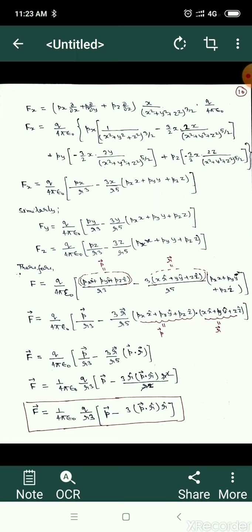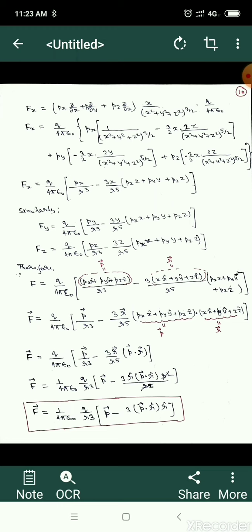and this pxx plus pyy plus pzz can be written as px x unit vector, py y unit vector, pz z unit vector dotted with x unit vector, y unit vector, z unit vector. So this becomes equal to p vector dot r vector. So we can write F is equal to 1 upon 4πε0 q [p vector upon r cube minus 3 r vector upon r to power 5 times (p vector dot r vector)]. This p vector and r vector we can write in terms of the r unit vector. So the r vector and r unit vector will give r square, and the unit vector we can take out.